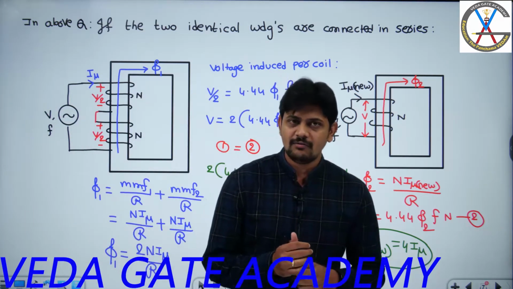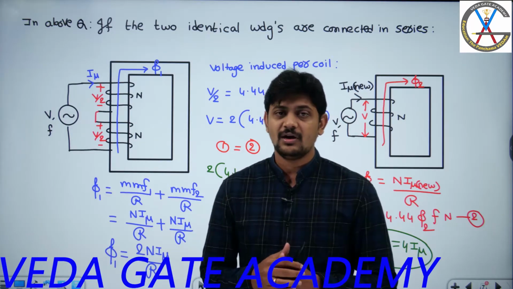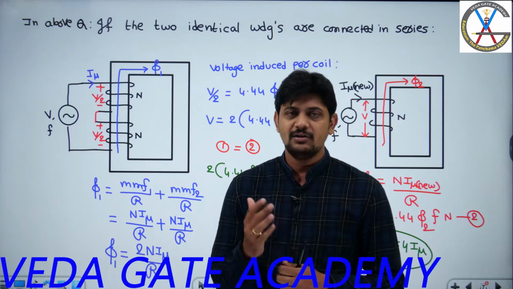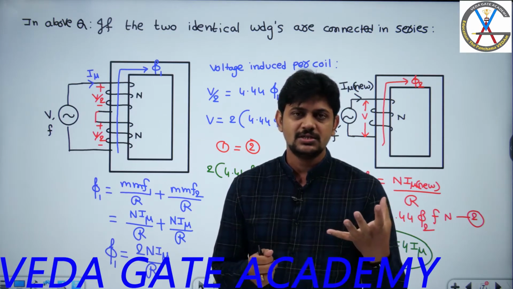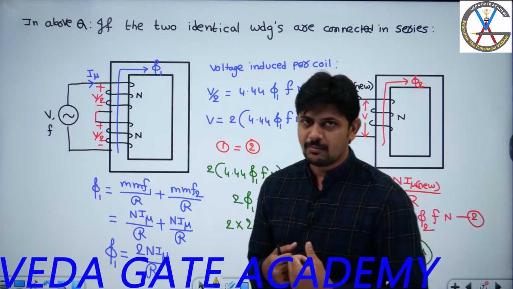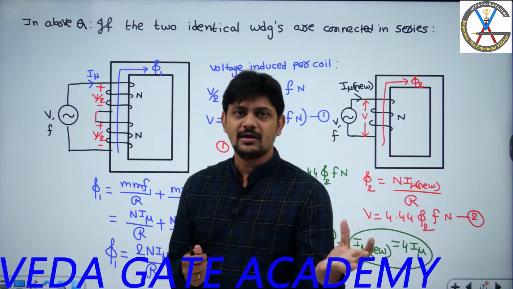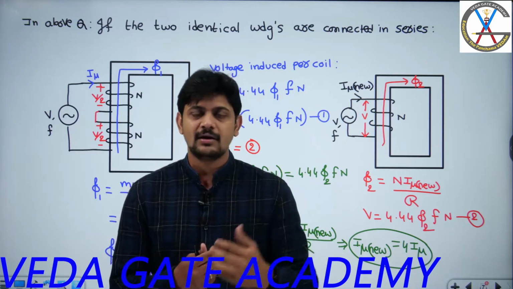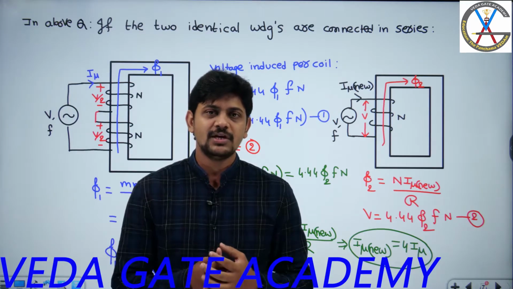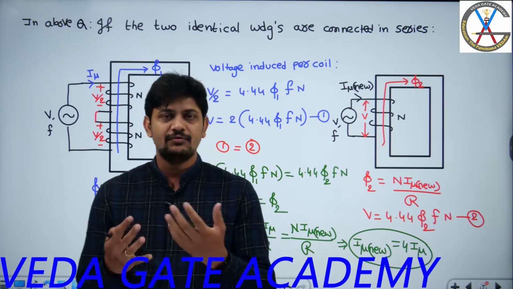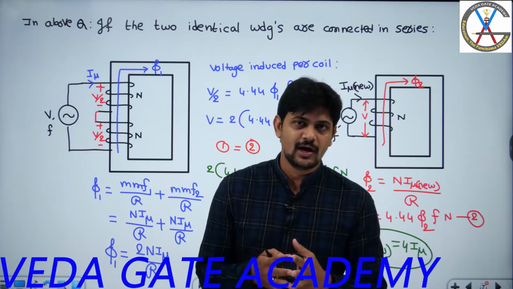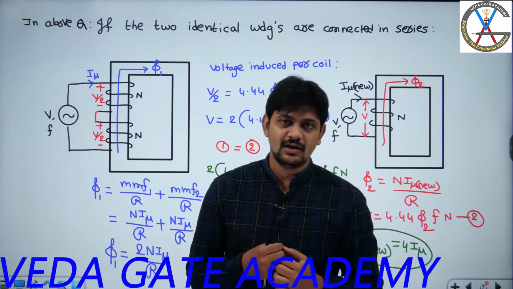So with this we are done with all the losses. That means we are done with the 2 stages of machine analysis. Majorly we are done with the 2 stages. First stage is understanding the principle of operation of a transformer from the ideal case to a practical case. That means we have incorporated practicality one by one. And after that we have seen the second stage, what are the different losses. So we have arrived at the exact equivalent circuit diagram and we understand what the different losses are.